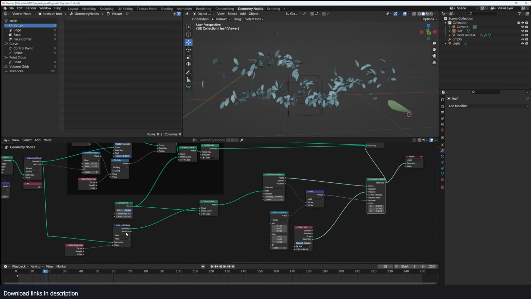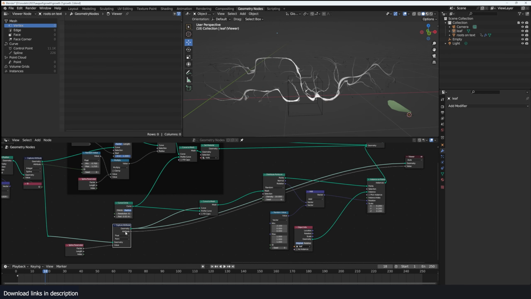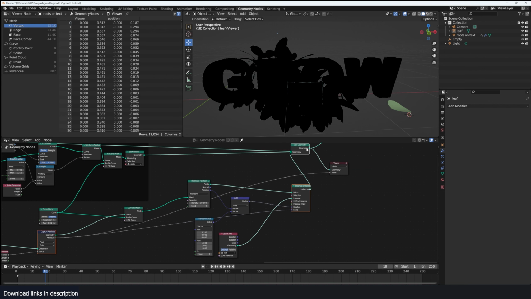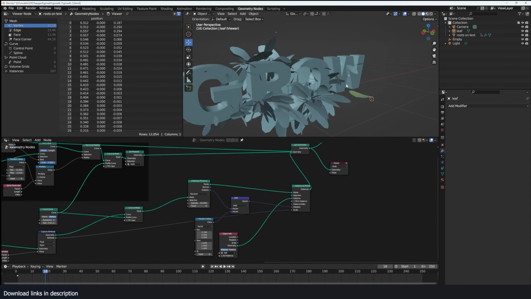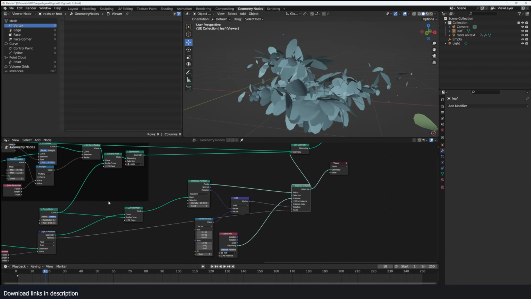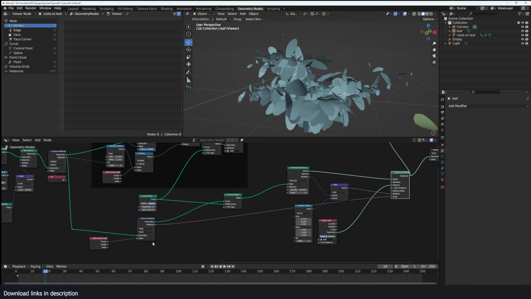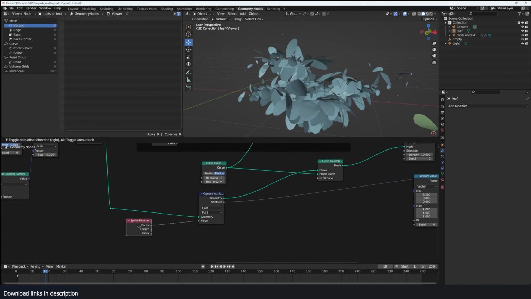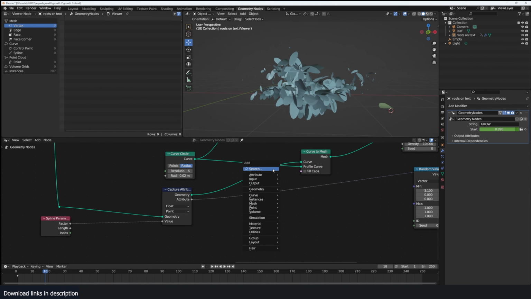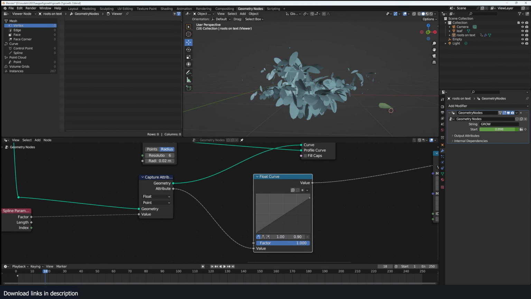Now, since we have this length here that we have captured, we can connect that directly into the scale of these instances, and we should have the scale of these leaves influenced by the length of the curves. So this is what we have, but the leaves are too big. I can add a float curve, scale them down,